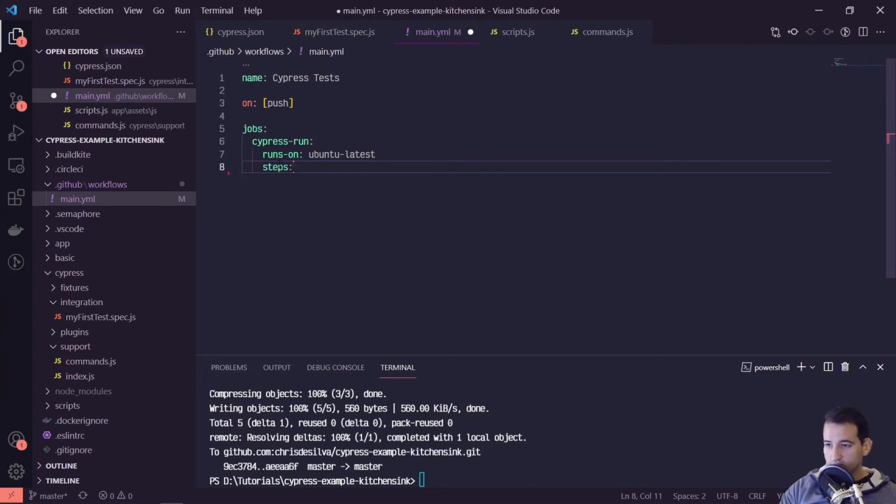These steps, so we can give this a name, and we can say this is going to check out the project. And then it uses the standard checkout action. And then from there, we are going to use the